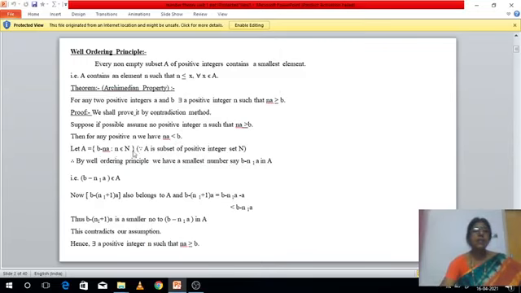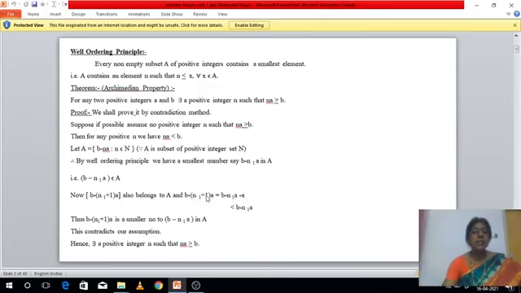Let A be the set of numbers b minus na, which are positive numbers. That means these numbers belong to N, so all elements of A belong to N, which means A is a subset of N. By the well ordering principle, we have a smallest number in A. We let that number be b minus n1a, which belongs to A. Now n1 is a natural number, so n1 plus 1 is also a natural number, so b minus (n1 plus 1)a also belongs to A. Now we observe this number: b minus (n1 plus 1)a is equal to b minus n1a minus a, which is less than b minus n1a.